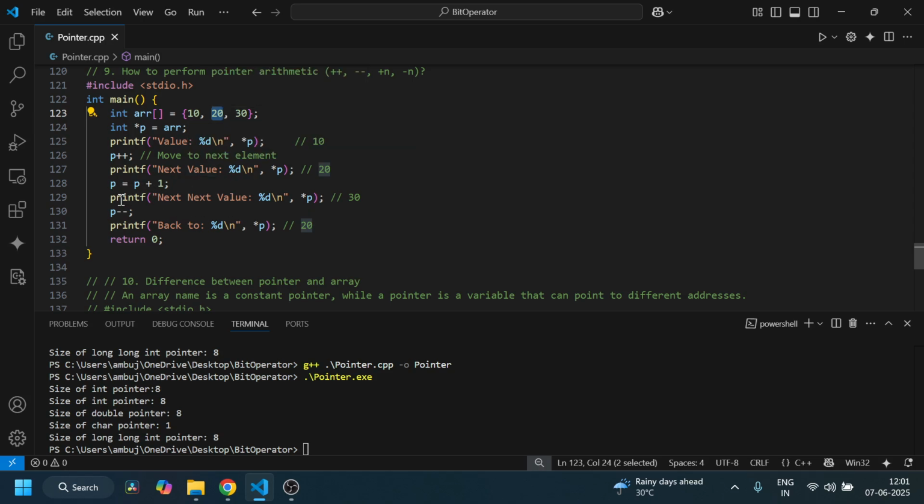And when you print *p, it prints 10. Move to the next: p++ is 20 and p+1 is 30. And if you go to print p--, it will print the 20 again, it will go downside. But one more thing, as you put p--, but when you put --p,